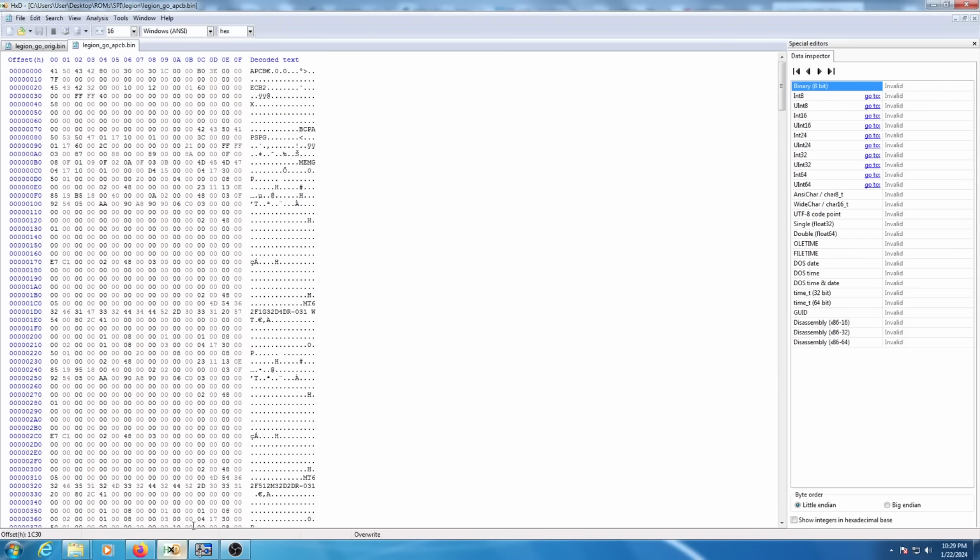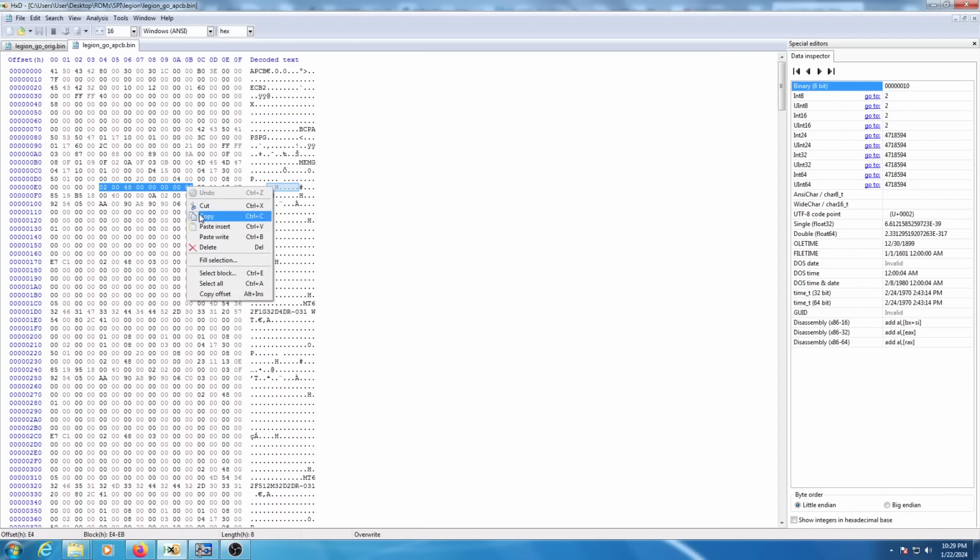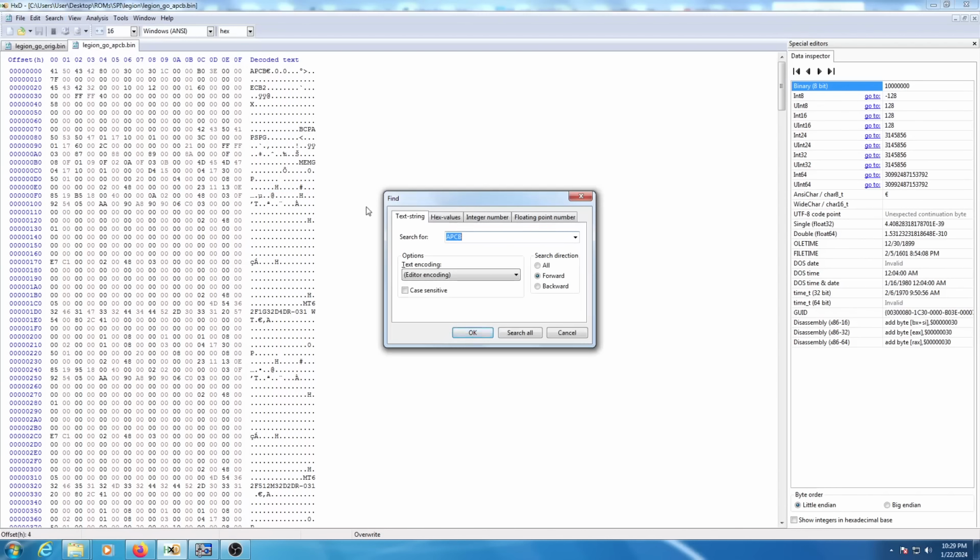Now, before we get to modifying, we want to find a piece of SPD data to modify, and in order to do that, you're going to want to look for a specific set of hex values that represents the beginning of a piece of SPD data, and that is located right here is that string. 0200480000000000. So just copy that, and then if you go search, find, hex values, and paste that in,